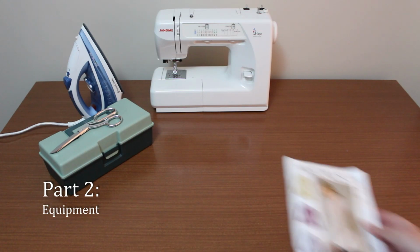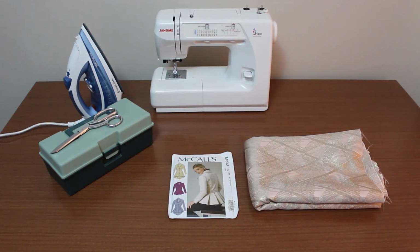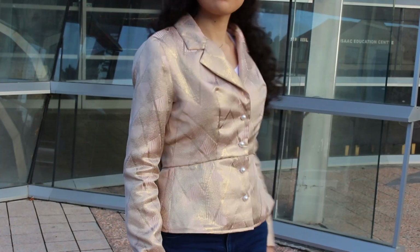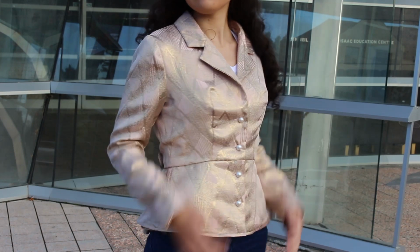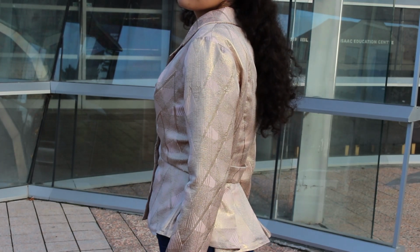This jacket is made from view A of the pattern. It's a hip-length jacket with a pleated peplum at the back. For this style, you'll need at least 1.8 meters of fabric. The fabric should be medium to heavy weight, depending on the season you'll be using it for, and it should be stiff enough to hold the pleats. I'm using a novelty brocade-like fabric to make a light jacket, but you can also use suiting materials, corduroy and